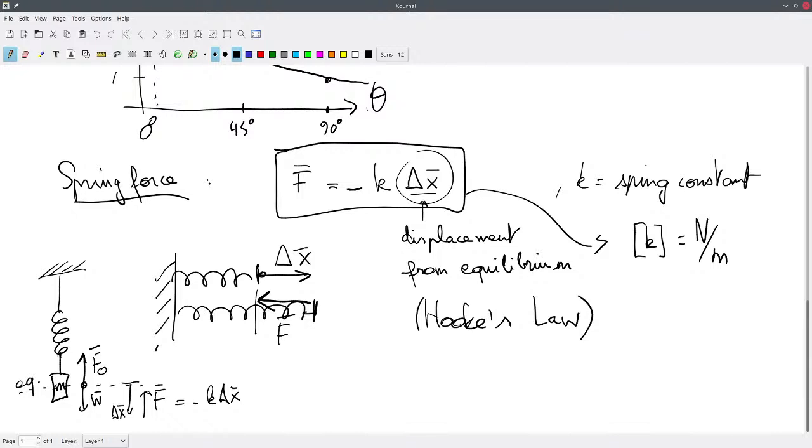More likely you'll see something like 1 Newton per centimeter or 1 Newton per millimeter. 1 Newton per millimeter would be a very stiff spring. 1 Newton per centimeter, or of course 100 Newtons per meter, would be more reasonable for a spring that you might encounter around the house, or maybe in your pen, or wherever you find springs these days. Okay, so